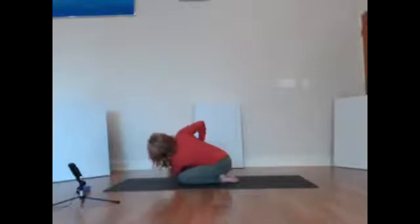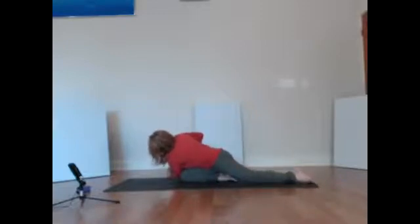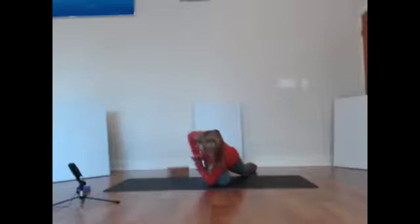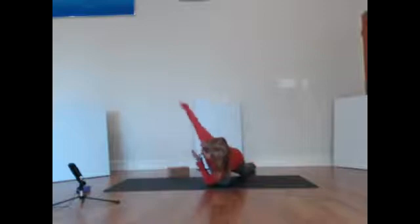And perhaps this suspension of the liver will allow you to take your left leg behind you. Top of the foot on the floor, perhaps. If you need to curl your toe under, that's fine. Again, 1 to 1 breathing. I'm changing my facing again so you can see what I'm doing with my arms. And then take your right arm up or out to the side if it's too much for your shoulder,